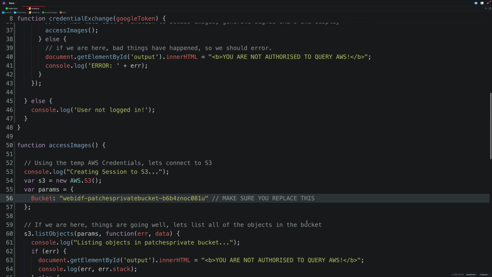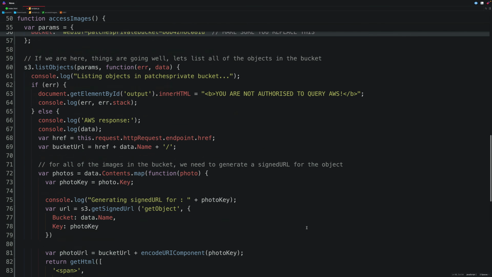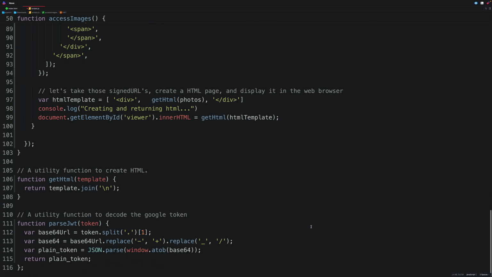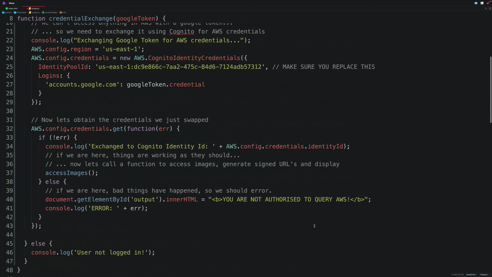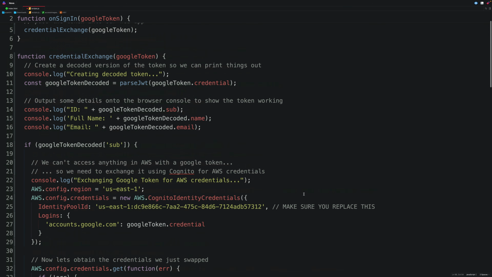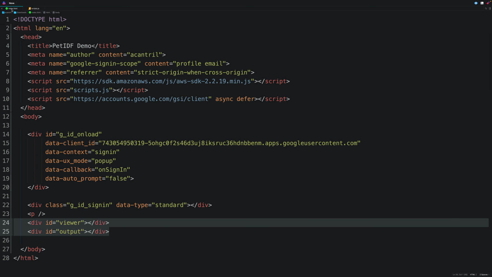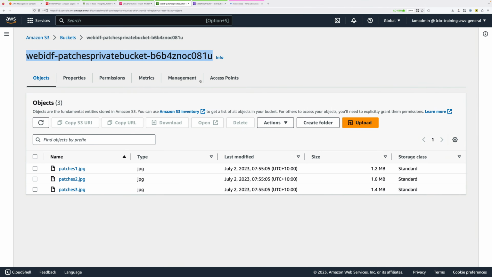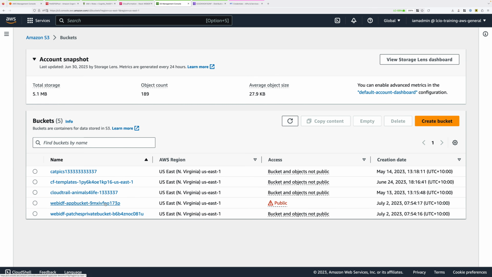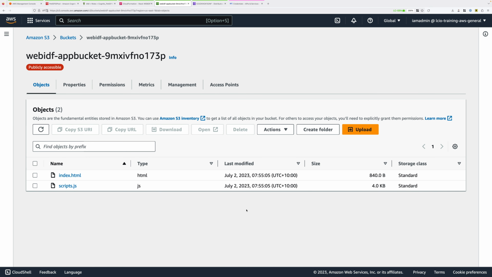Now we're just going to scroll through, make sure that all of the other placeholders are correct. We only have those two, so the bucket name and then the identity pool. And once you've done both of these inside scripts.js, then just go ahead and save that file. Make sure that you've also saved index.html and then move back to the AWS console. We need to be at the main S3 console, and then we need to enter the app bucket, and we're going to upload these updated files back into the application bucket.